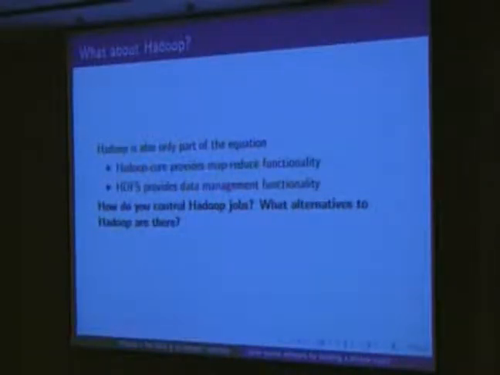So what about Hadoop? I added the slide because in Taiwan, when you talk about cloud computing, everyone talks about Hadoop. But again, Hadoop is really only part of the equation, right? Hadoop core provides MapReduce, and then HDFS provides data management, right? But then there are other parts that are missing, such as how do you control your Hadoop jobs? And the other question is, what alternatives are there to Hadoop? Because as in our Birds of a Feather last night, I think we all agreed that Hadoop doesn't have the highest performance